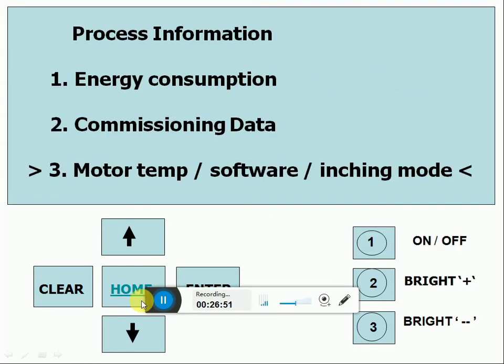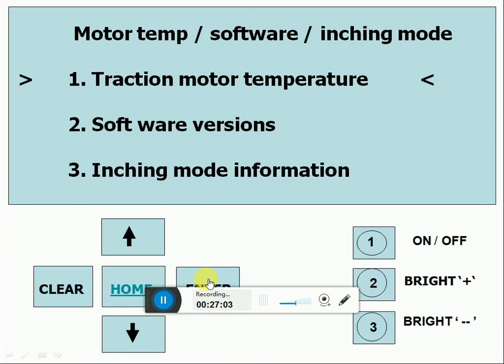In processor information, we have seen energy consumption, commission data. Third one is the motor temperature, software, inching mode. If you select this one, we'll get three things: traction motor temperature we can see, software versions we can see, and inching mode for moving loco with inching speed, maximum speed of 1.5 kmph.